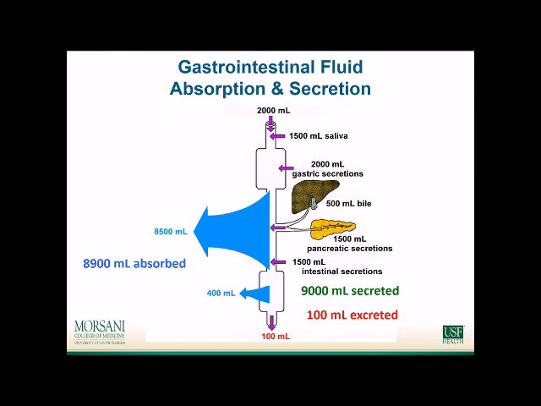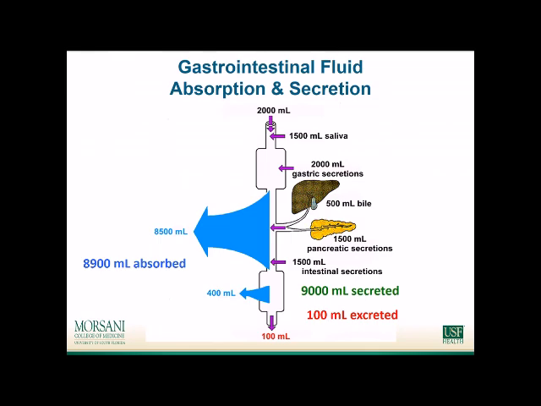We're talking already by the time that the food enters the small intestine, we have a lot of liquid there. In addition, we have secretions from the gallbladder. We've got bile coming out. We've got pancreatic secretions. The intestinal epithelial cells themselves are also contributing secretions from that crypt compartment. So by the end of the day, by the time we get to the colon, we're really absorbing about